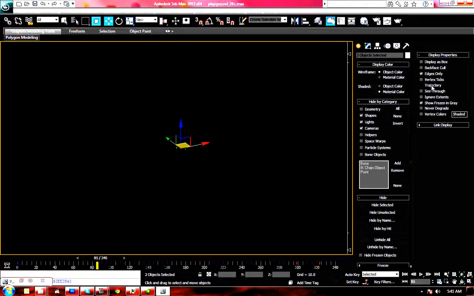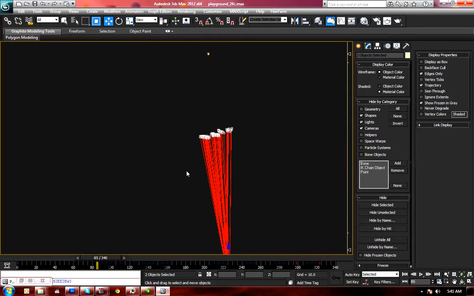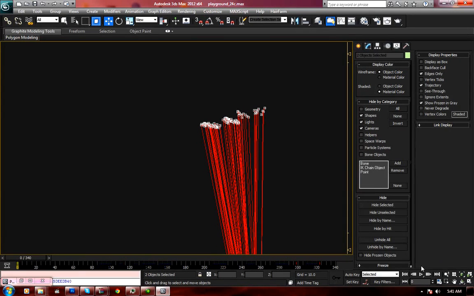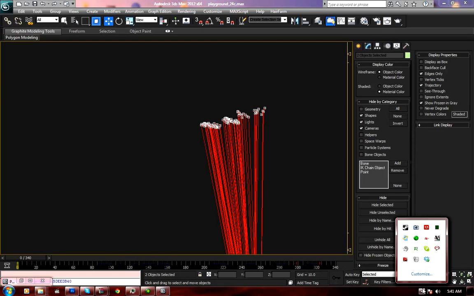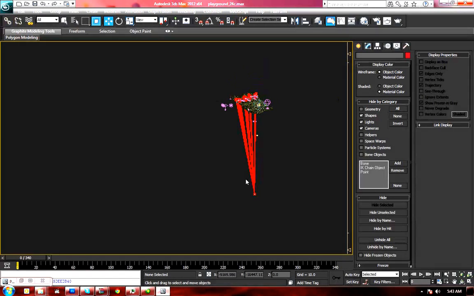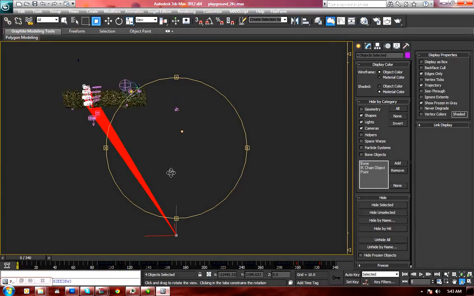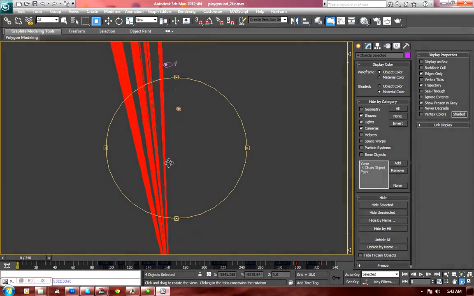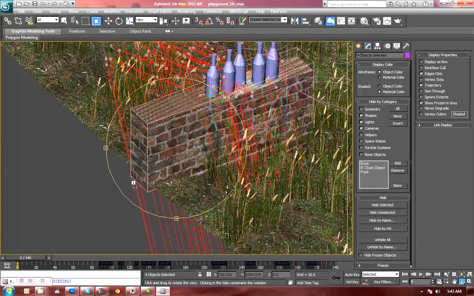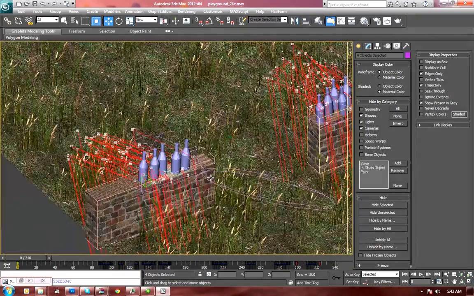if I turn on the trajectories for these guys, you'll see they kind of go a little bit berserk there. Oh, they scaled. Odd. Okay, those guys got moved somehow. Not really sure how that happened, but they're back now. Anyway, you can see these are my projectiles, and their trajectories all look wonky. But what is happening with each of them is whenever one of